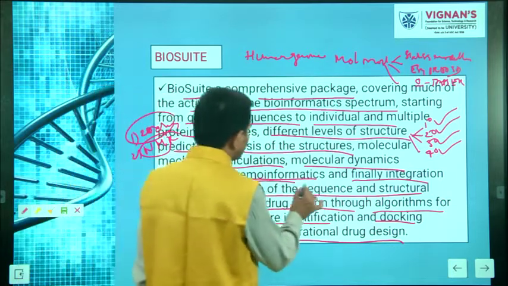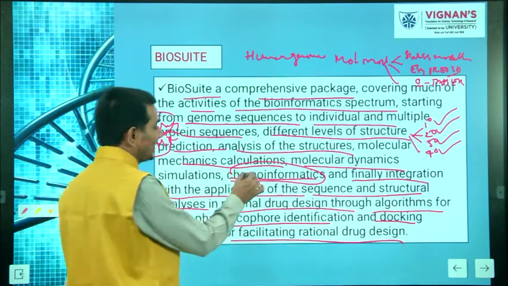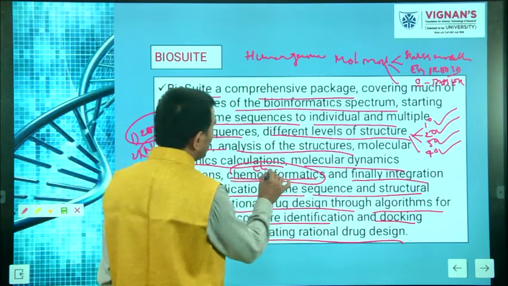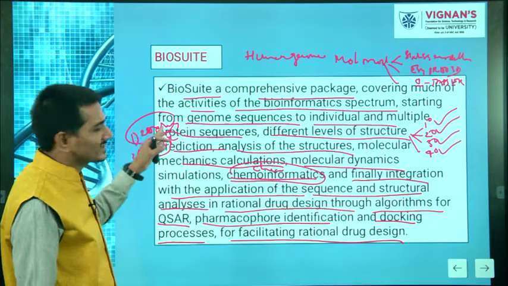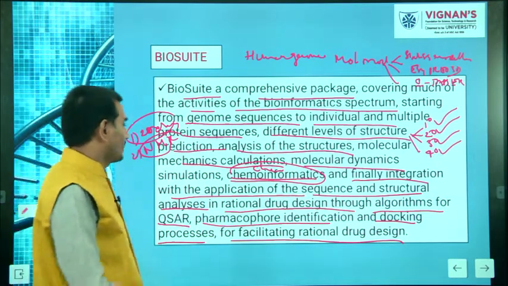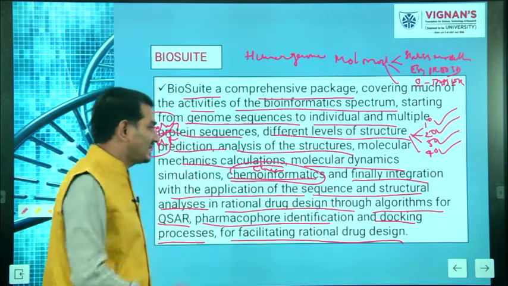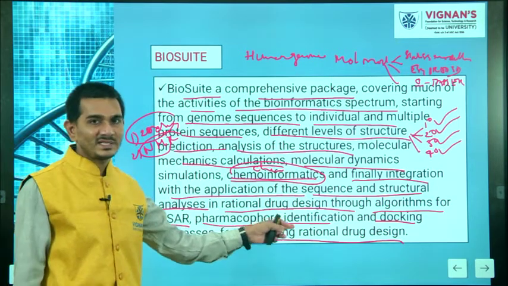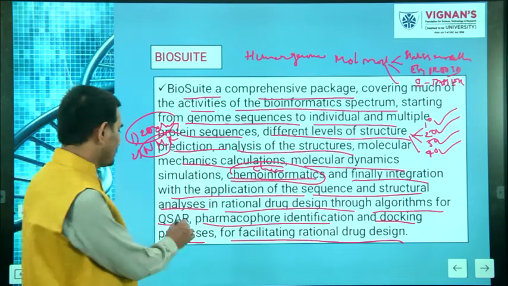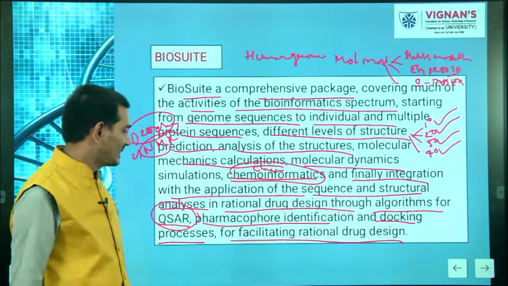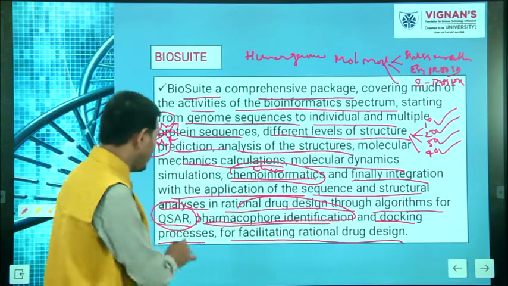And cheminformatics is a branch of science which deals with pharmacogenomics. In this cheminformatics, we find the structures for the compounds which can be used as lead or drug molecules. And finally, integration with application of sequence and structural analysis, especially in drug design,